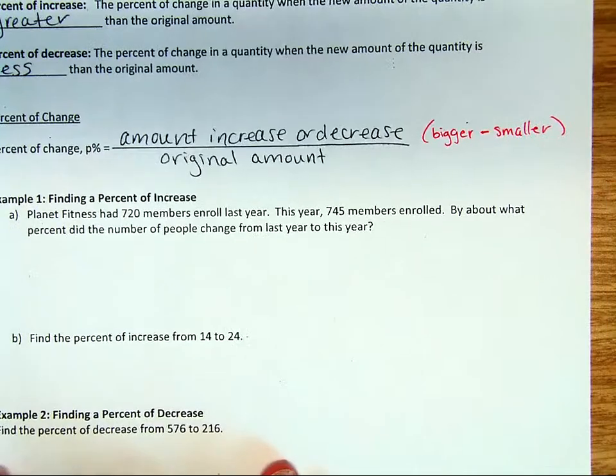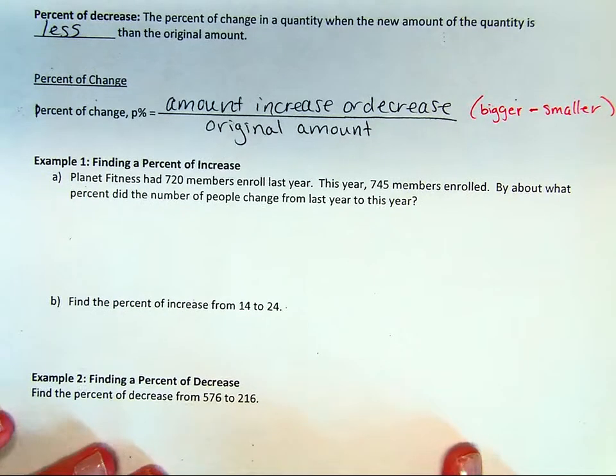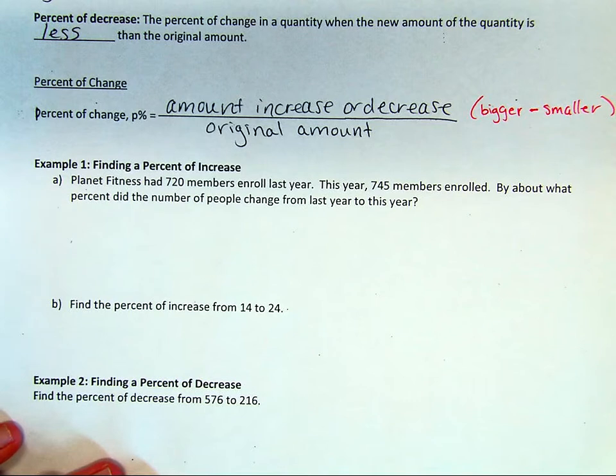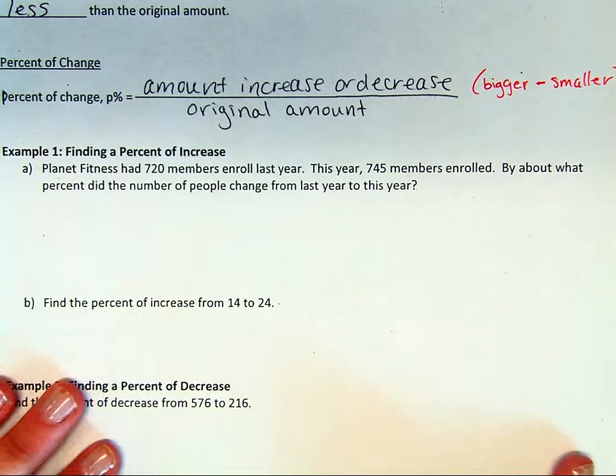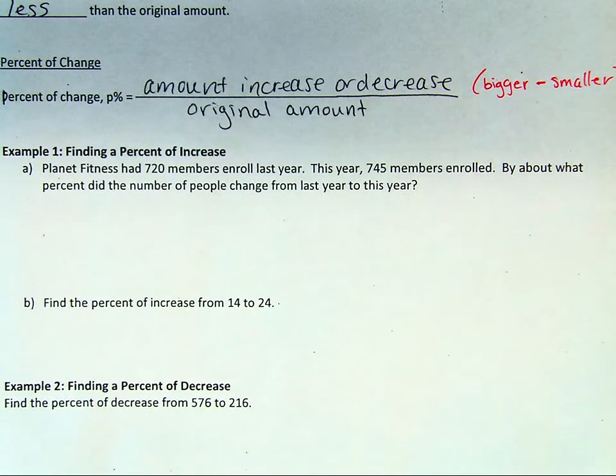So let's look at an example. Finding a percent of increase. So it says Planet Fitness had 720 members enroll last year. This year, 745 members enrolled. By about what percent did the number of people change from last year to this year? So maybe you're a business person, you're the owner of Planet Fitness, and you want to see how your numbers are doing, like how much did enrollment increase by, because you want to crunch some numbers and see how your